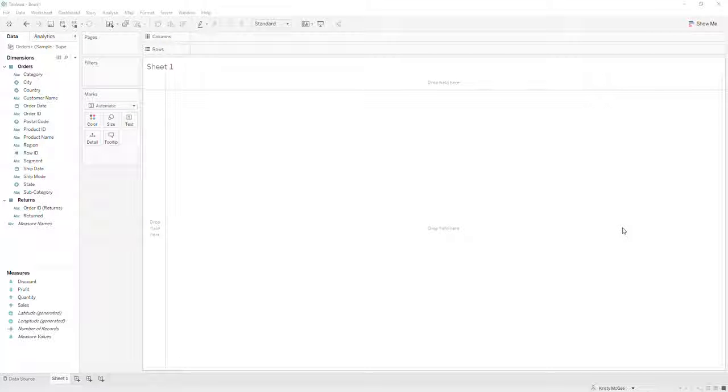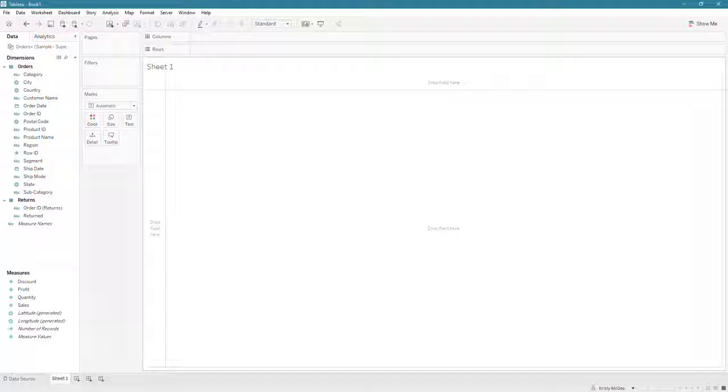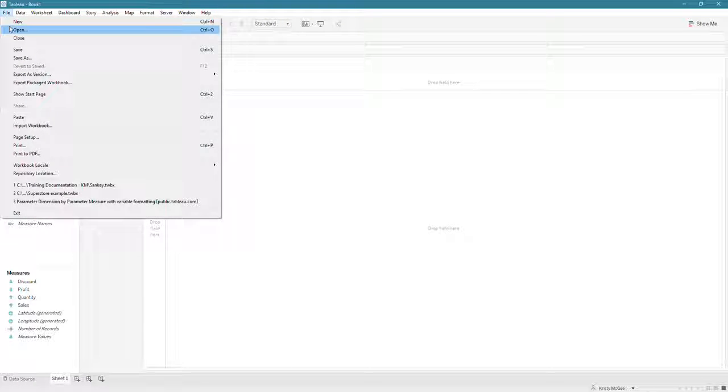Hello. Today we're going to show you how to create a dynamic measure and a dynamic dimension for a dashboard. When I say dynamic, I mean having one field that allows the user to view by whichever measure they'd like to and whichever dimension they'd like to as a pre-selected item. By the end of it, we should come up with something that looks a little bit like